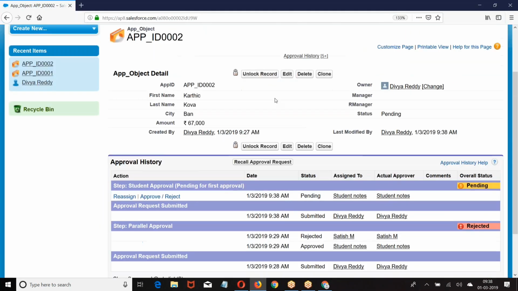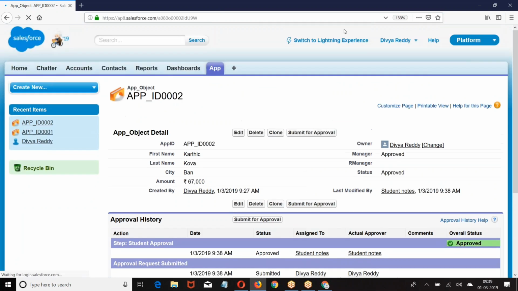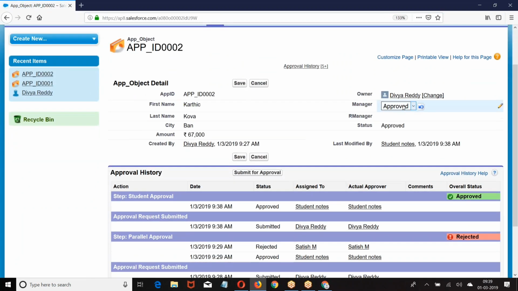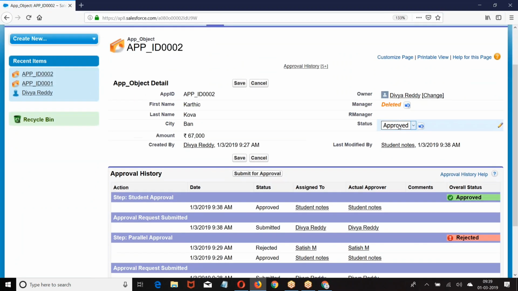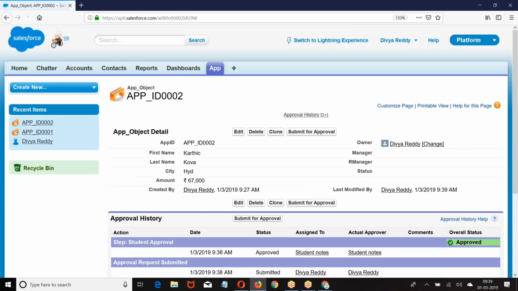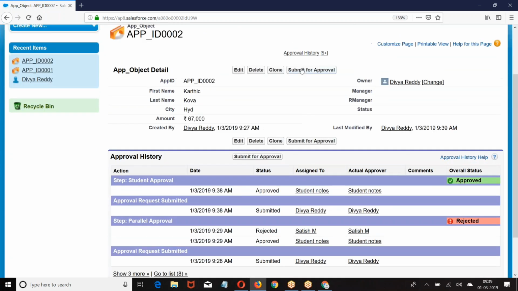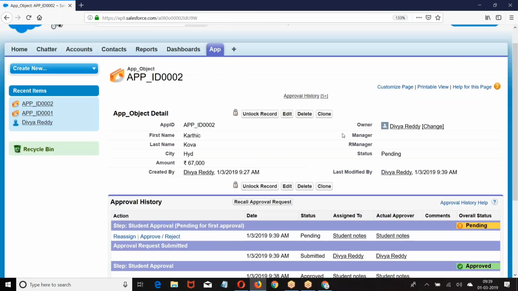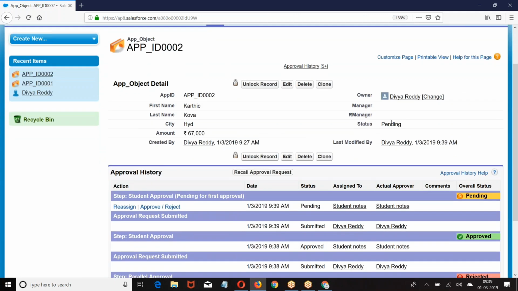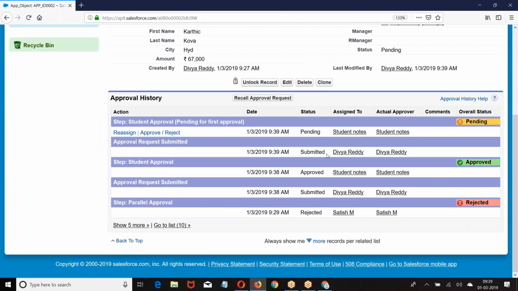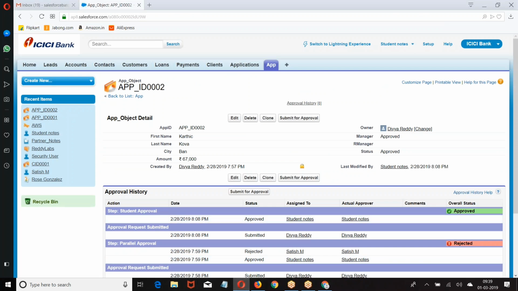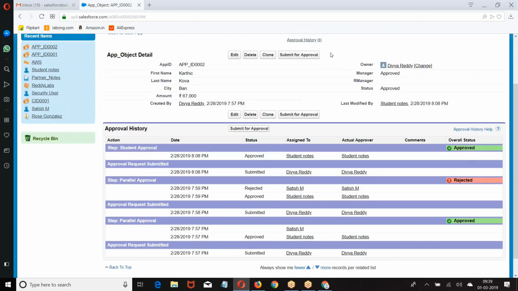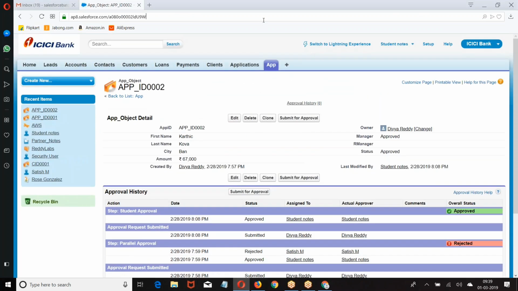Suppose I am going to implement one more example. Look at the values I am giving. Manager none, status none. Both of them are none. City, Hyderabad. I have not given any status. The moment you submit the record, initial submission action, status equal to, then submit it to student. When I go to student,